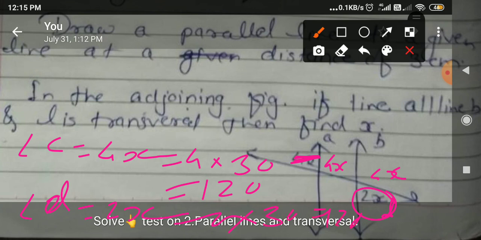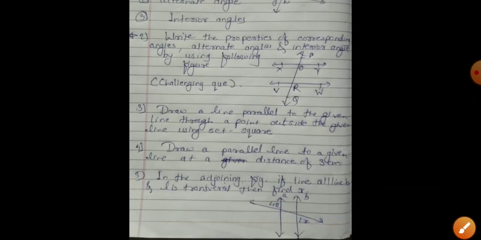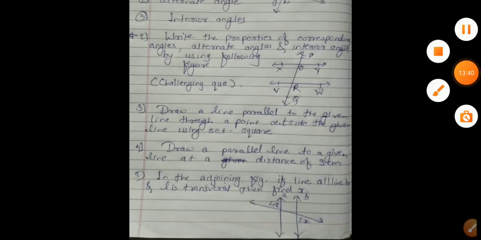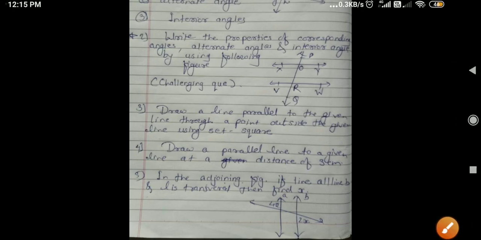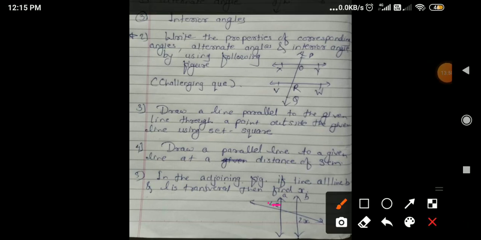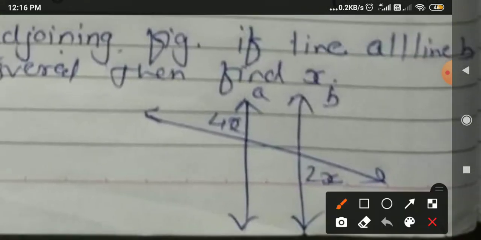So in this way we have to solve the test. I am sending these two constructions with this video, so all of you just watch it and solve the test if you haven't solved it. And one mistake I told you that I made is the position of 4x. I gave it to you wrong here, and maybe while solving the question you face a problem, but nobody tells me. So here the position of 4x is at this place, not this place.